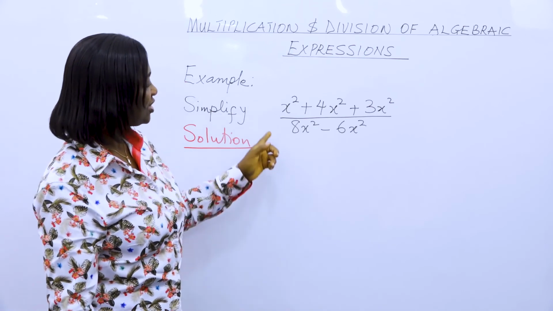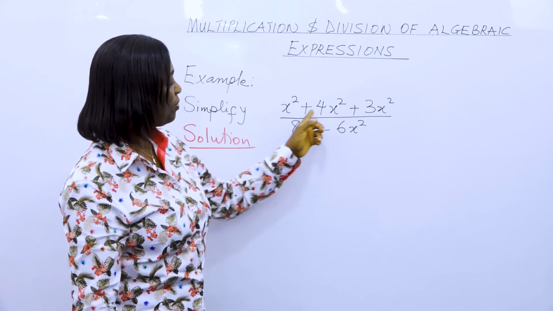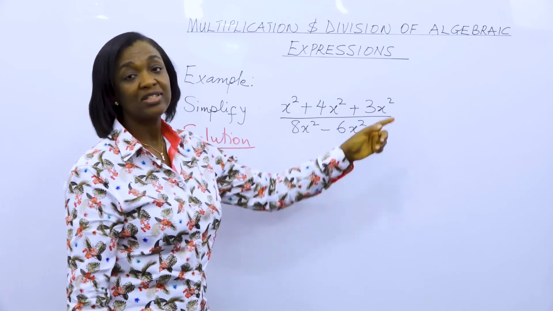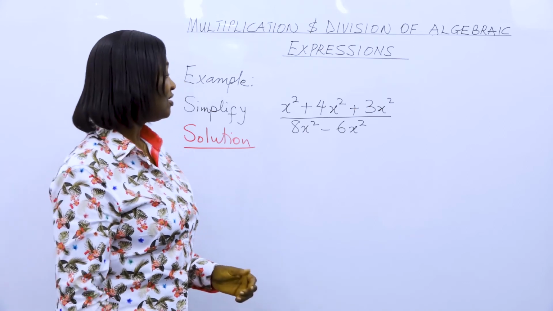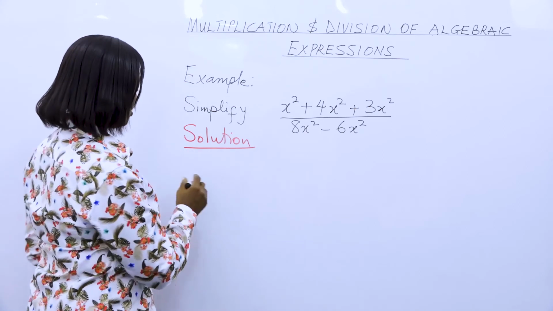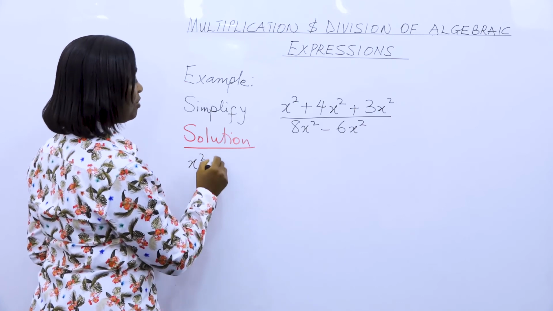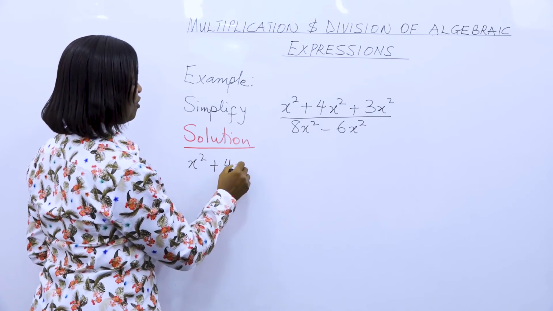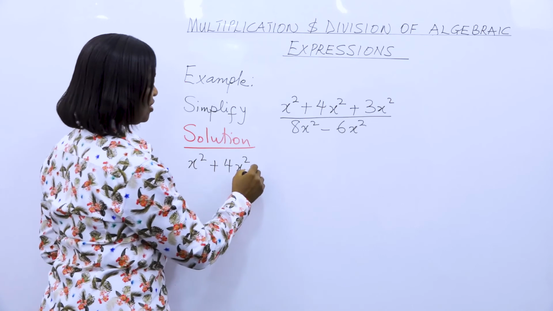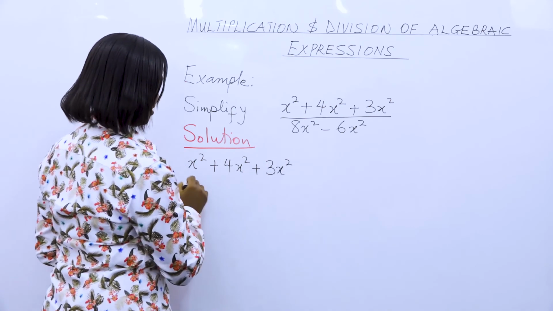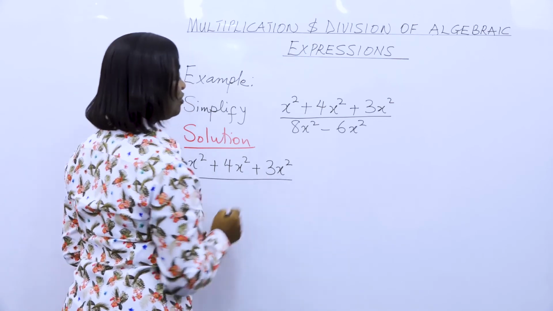That's because on top, on the numerator, all of them are like terms. So we set it out. x squared plus 4x squared plus 3x squared all over